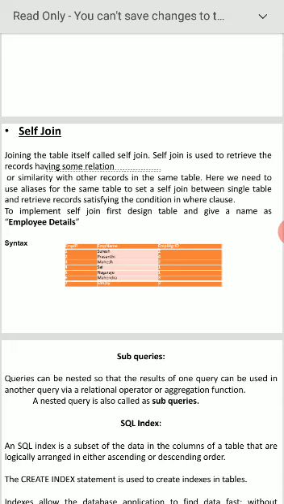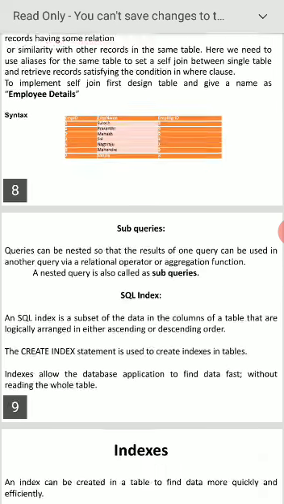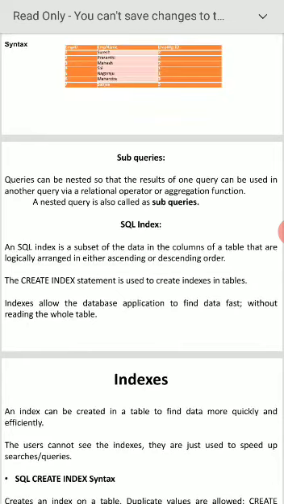Next, subqueries. Nested queries are nothing but subqueries. Queries means you are asking a question and getting answers. Next, SQL index, also called DBMS indexes. Here I will discuss only the SQL index.